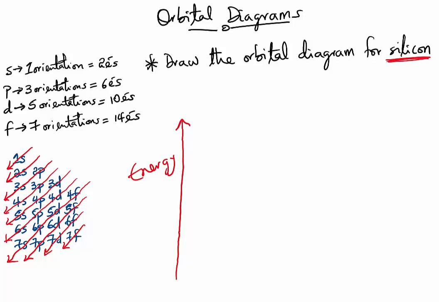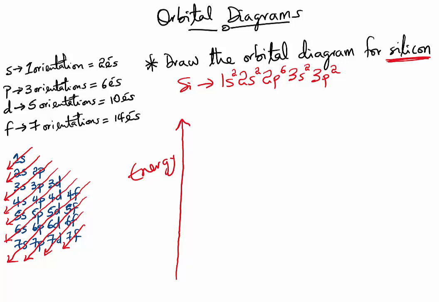Again, the first thing is to write the electron configuration for silicon. The electron configuration for silicon is 1s2, 2s2, 2p6, 3s2, 3p2. Let us now draw this